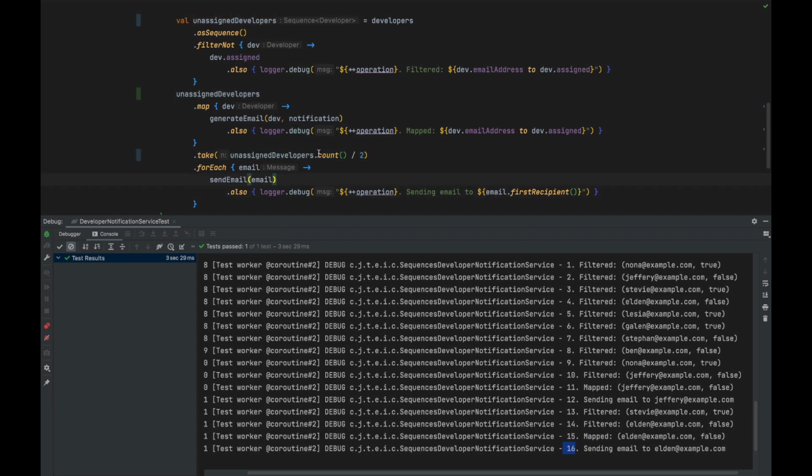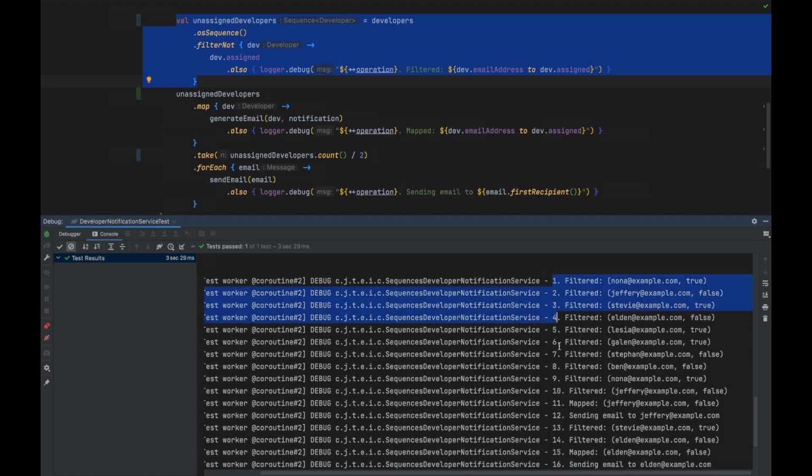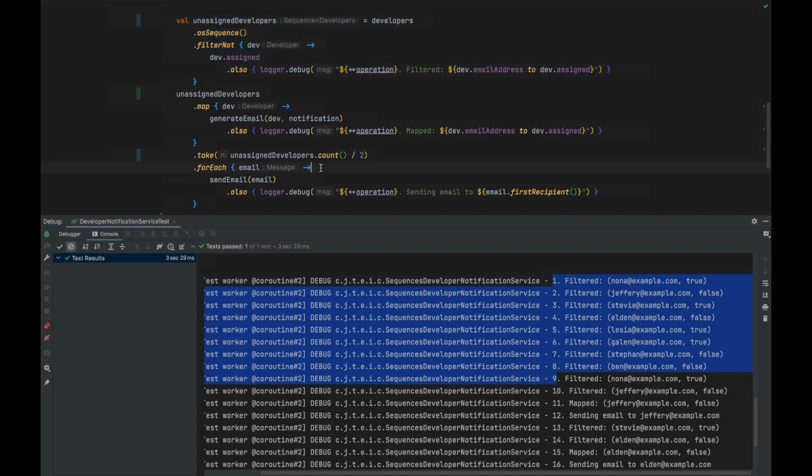The problem though is that count is terminal, meaning that once it hits this part where the value is, hey, how many people should I actually take? It sees count how many unassigned developers there are. And since this didn't even run yet, what happens, and this is precisely what you can see in the logs, is that it iterates over all of the developers